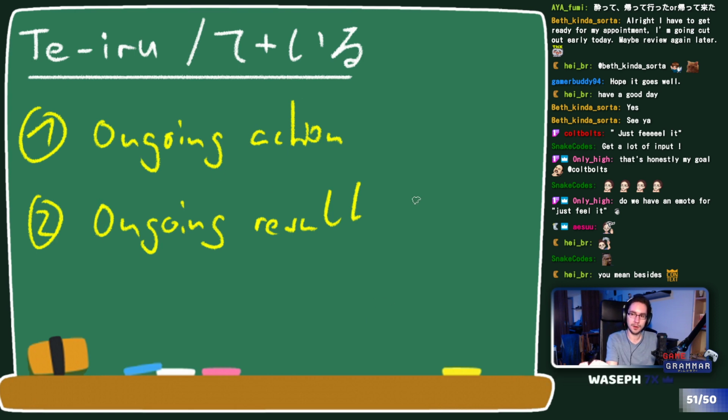I am in America, or he is in America because he went there and he's still there, so that's ongoing. And then you have to sort of go from there. Rule of thumb, most of the time intransitive verbs will be ongoing results and transitive verbs will be ongoing actions, though not always. There's plenty of exceptions to that, and many verbs can be both, and you'll just have to decide from context, but it's a decent enough rule of thumb to maybe develop a feeling for it